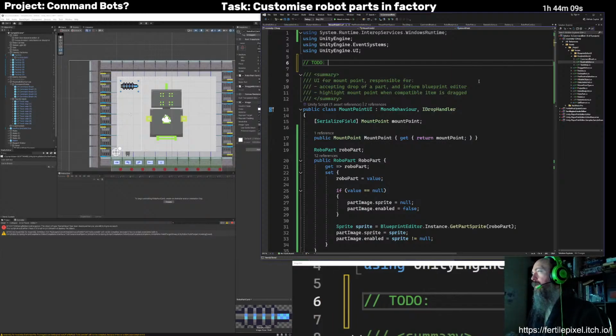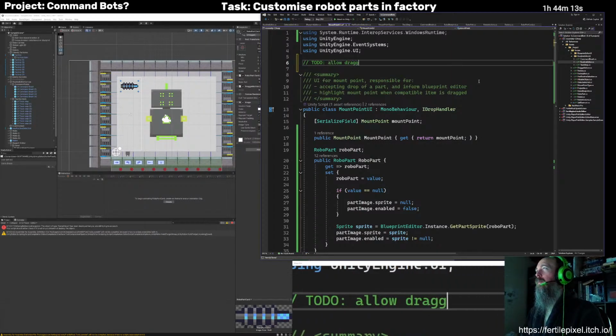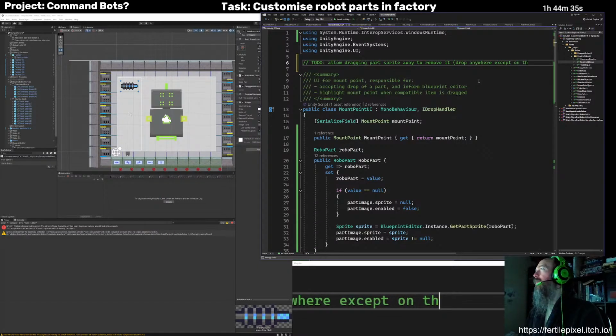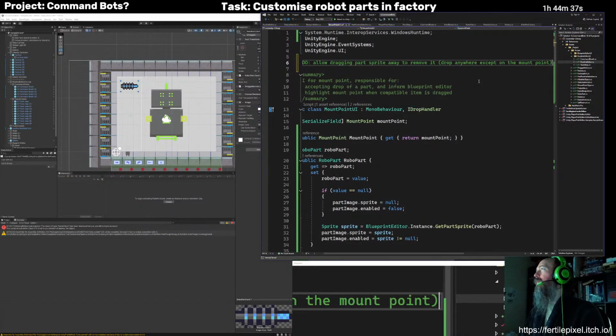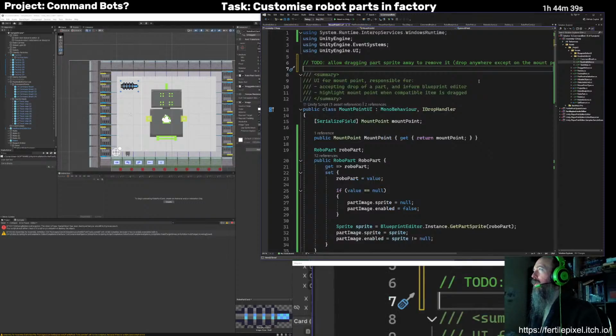A couple of to dos. There we go. So allow dragging that away.